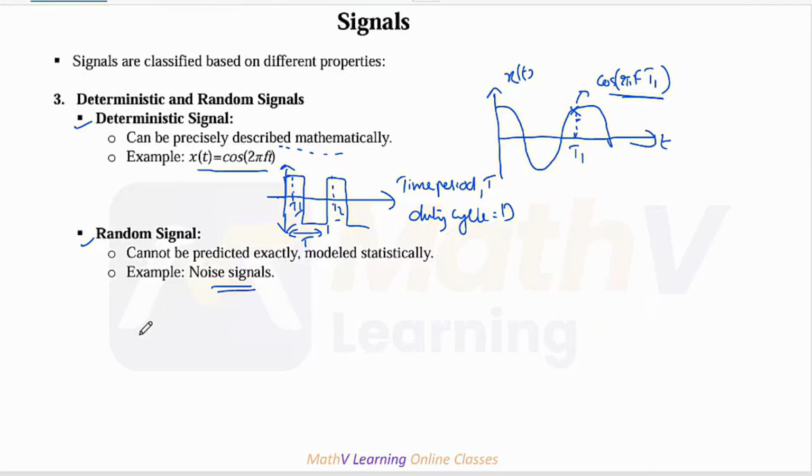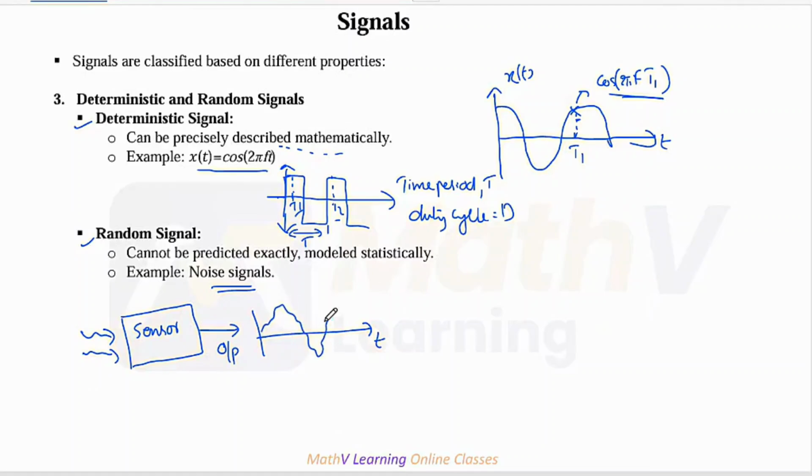So for example, I have a sensor. Okay, it may be a temperature sensor or any sensor. The output of this sensor depends upon the measurand, right? The measurand may be temperature, or it may be force, and the output is based on the value of this measurand. So we cannot say what the temperature or force is at each time. So definitely the output may vary like this. So this is again a random signal,